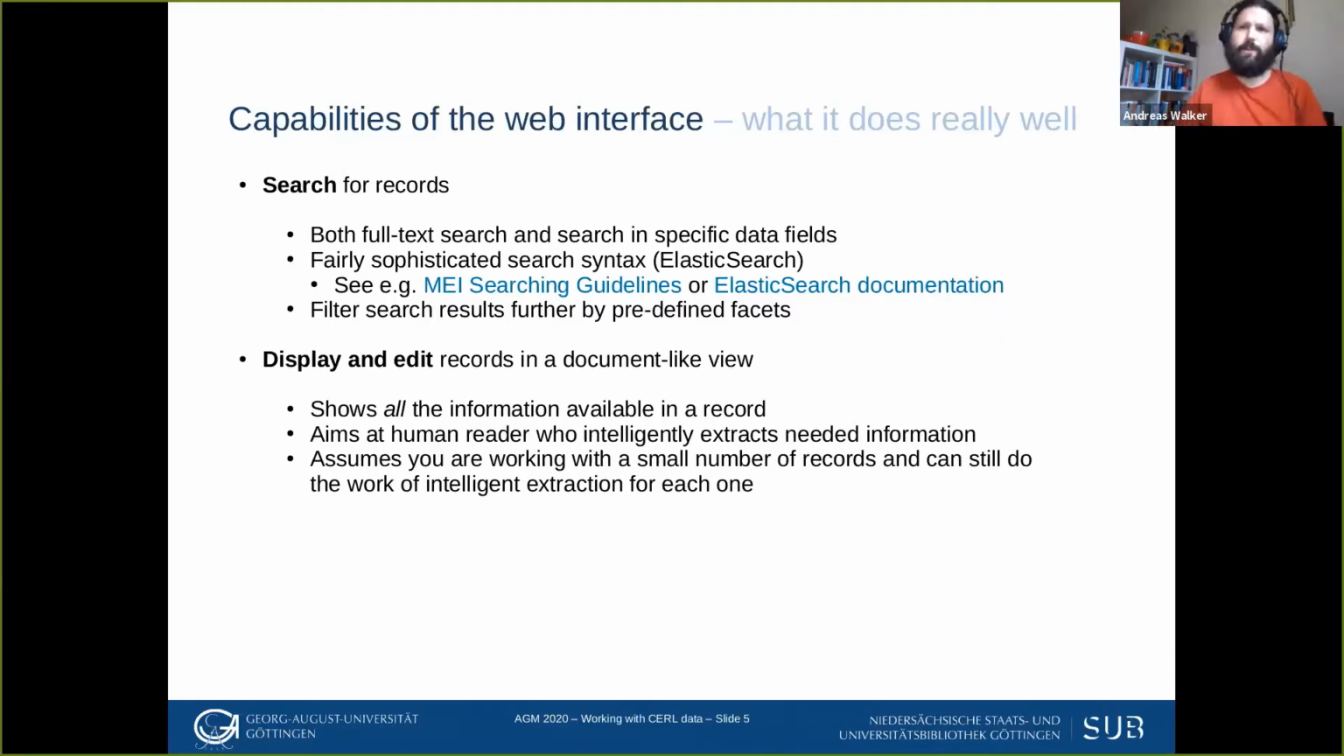What you can also do once you've found a few records that you're interested in is filter them further by the predefined facets that we offer. So for example, if you find a lot of hits in a database, you can say, okay, I'm now only interested in those by a particular hosting institution, and filter them down. And once you've arrived at a data set that is really the data set that you want to work on,